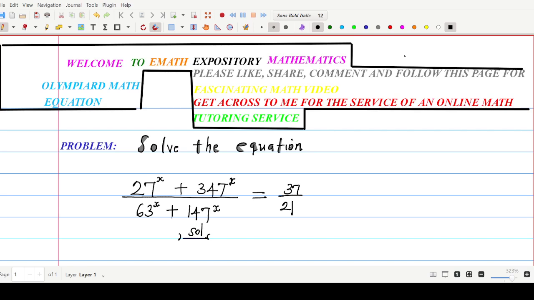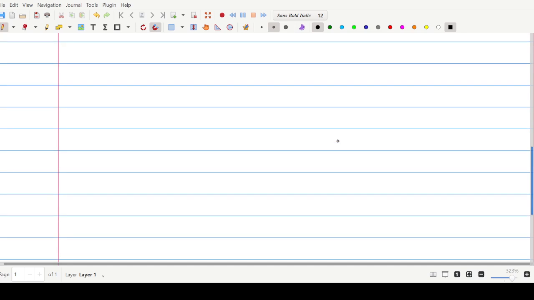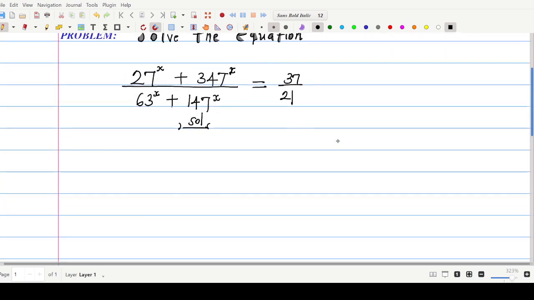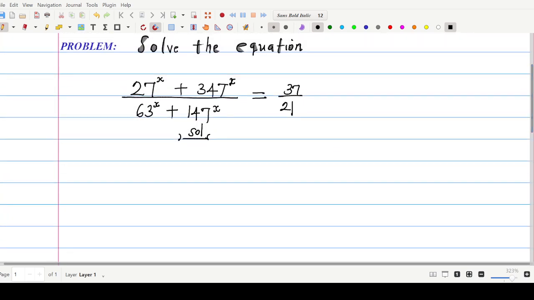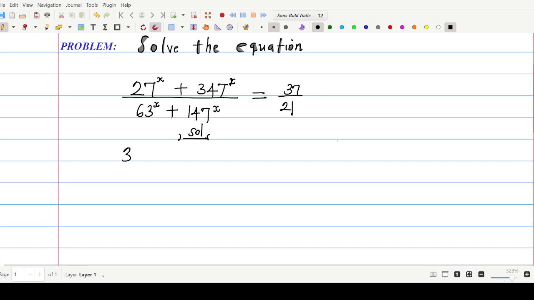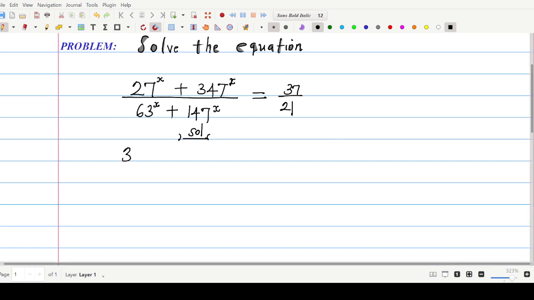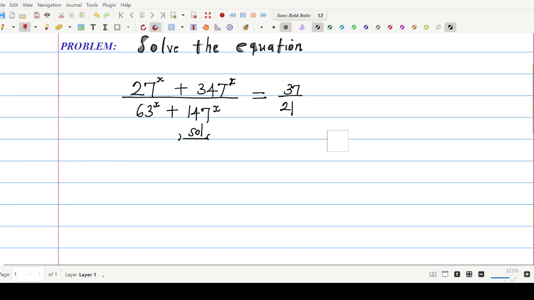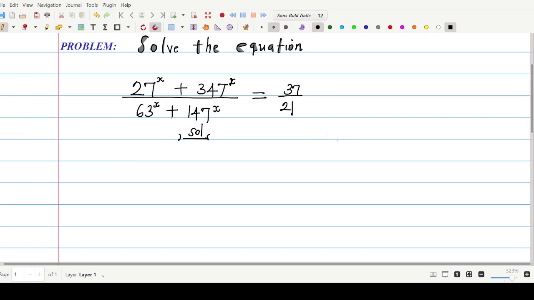All right. Okay, now let's go back to the solution of this problem. Solution: what we do, we shall decompose each term of the equation into common factors. Now, looking at 27 to the power of x, we can write this as, let me write this first,